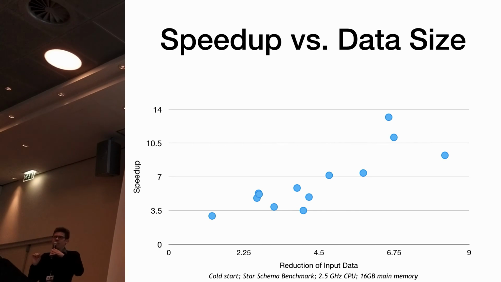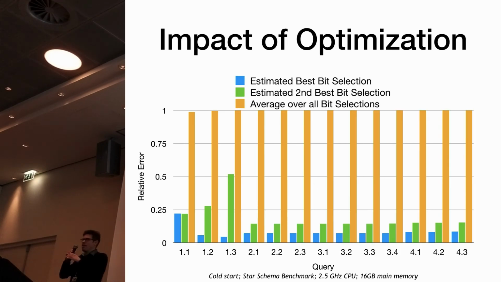However, it's not sufficient to just arbitrarily reduce the bits that we read. We want to be very careful which bits we are processing. Now, in this figure, we are comparing for a fixed number of bits the impact of the bit selection on the error that we get in the result. We are comparing the error achieved by the bit selection proposed by our optimizer against the runner-up and against an average bit selection. As you see here, it makes a huge difference for the error that we select the right